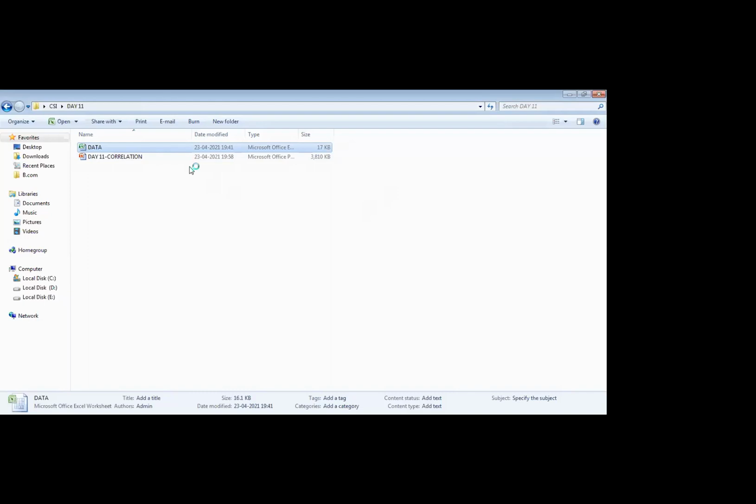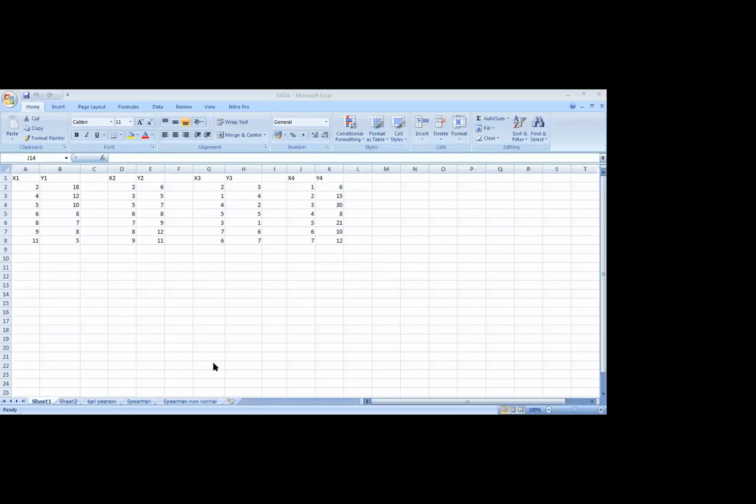Here I have some data in Excel to show the scatter diagram, the Spearman rank correlation and the Karl Pearson correlation.